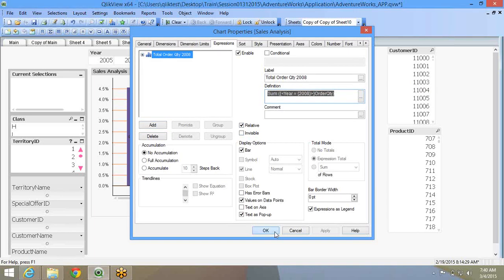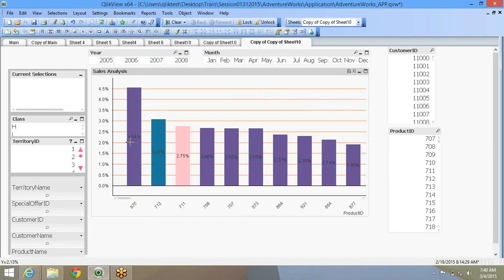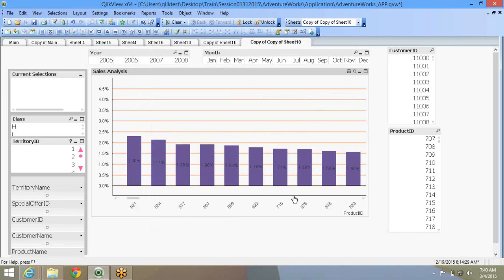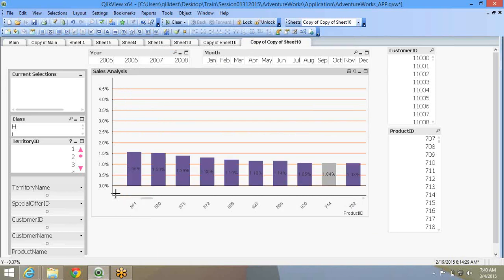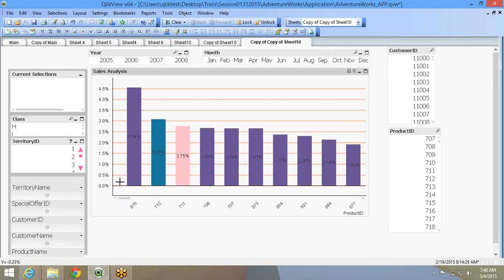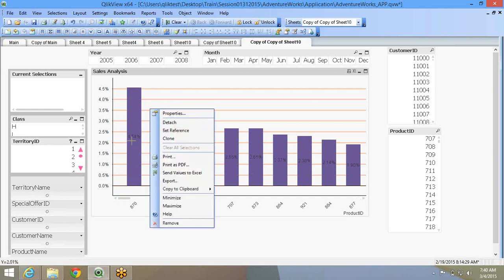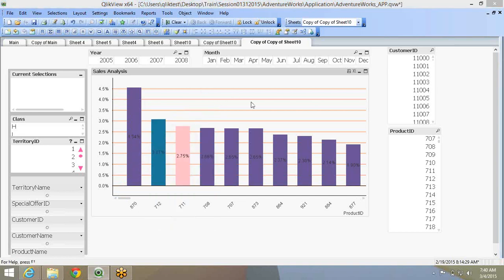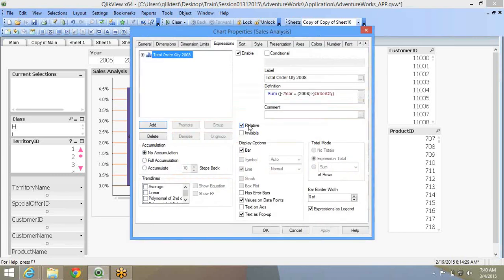The moment I select relative, the 4.54% is the relative percentage of the entire total in this chart. If I put together all the bars, whatever the total is, the total of product ID 870 divided by the overall total is 4.54% of share. That's what relative does.